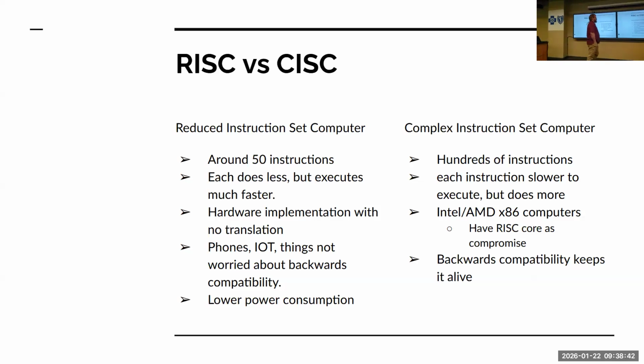So RISC versus CISC. RISC stands for reduced instruction set, and CISC stands for complex instruction set. So the basic idea is, if I were giving you directions to get somewhere, say to Walmart, I can give you a set of instructions going to Walmart, a set going to Kroger, a set going to Target, and a separate instruction for every location you want to go. Okay, and then if you want to go there, you can just grab those instructions, you have them, boom. Okay, so that's a complex instruction set, where we have a separate instruction for everything we want to do,